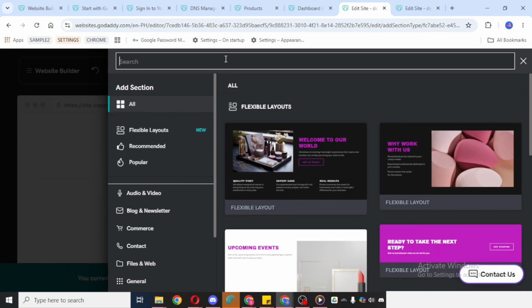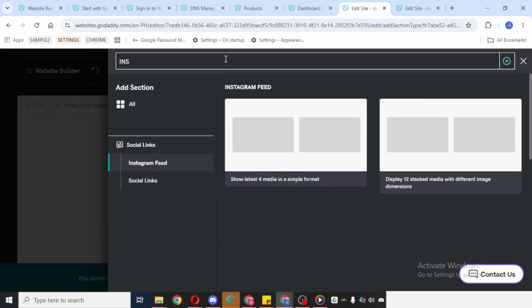You'll then be able to choose a layout that fits the style of your website. Take a moment to preview the available layouts and select the one that best matches the look and feel you want. Some layouts may highlight images more prominently, while others may fit better into a clean or minimal design.